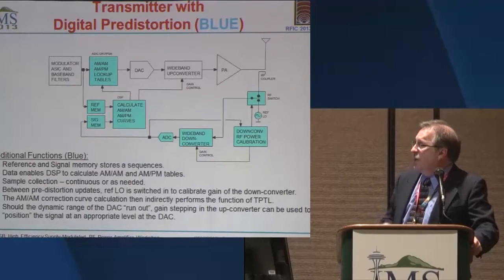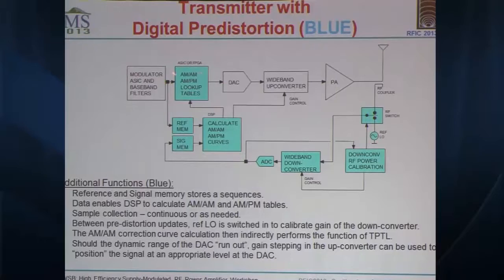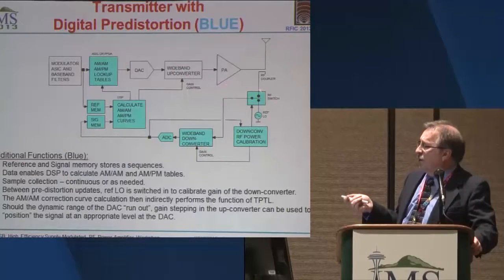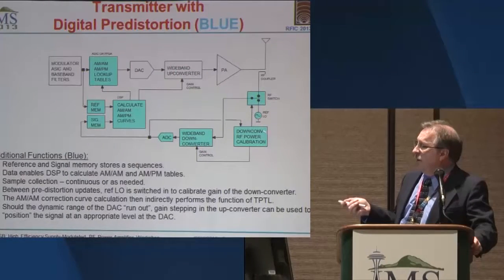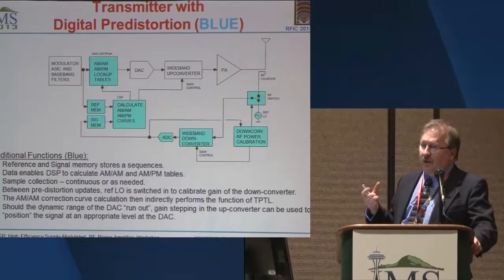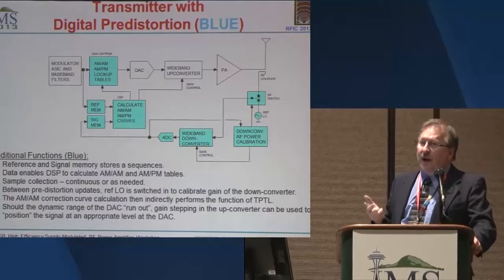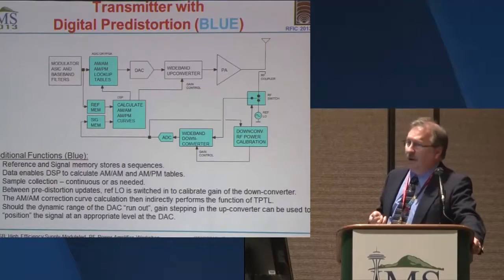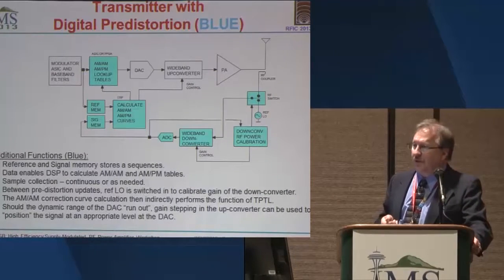If we add DPD to it, we would add in an AM to AM and AM to PM lookup table here before the DAC to allow us to modify the waveform before it got out to the RF chain. And then we would add some switching to the output here to allow us to have our feedback go back to help build the lookup table, or have the feedback path be driven by a particular source. Turns out these are called loopback structures, and SoCal often uses these kinds of loopback structures to help speed